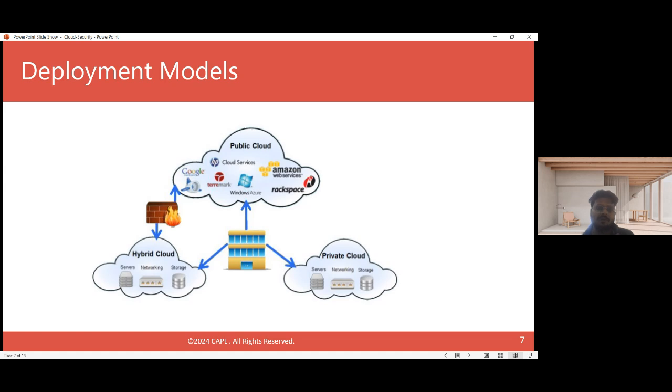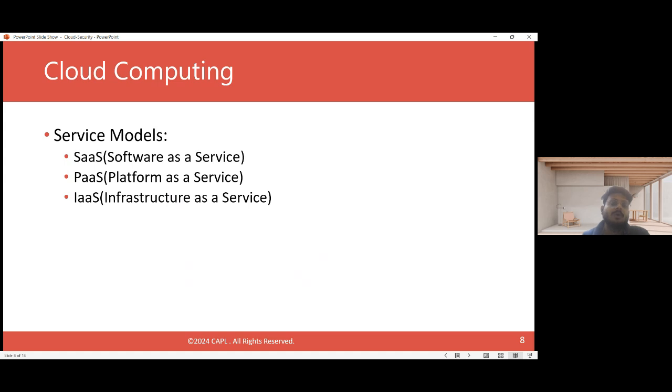They have hosted these three services, and by combining these services with some software, they generate some services for us, like computing services, storage services, different types of storage, security services, web services, DDoS protection, etc. So that is a part of your public cloud. So when we talk about